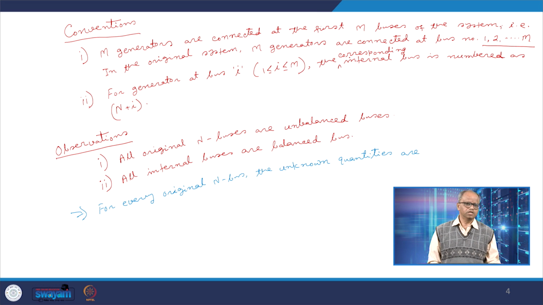So VIA, VIB, VIC as well as theta IA, theta IB, theta IC need to be calculated. So the unknown quantities are